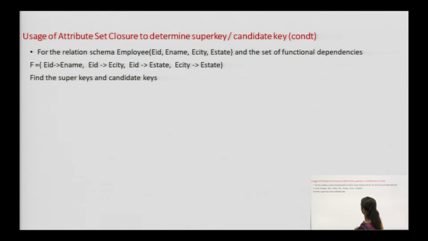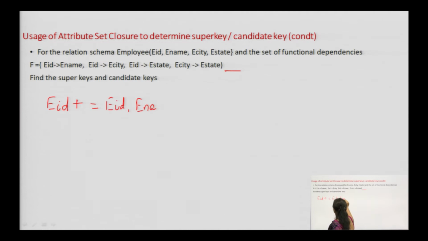Let us take up this example for the relation schema employee, which is given EID, ename, ECT, and EState, and the set of functional dependencies given over here. Find the super keys and the candidate keys. So let us try. What we will do is EID closure is equal to EID comma ename. Why? Because EID determines ename, EID determines ECT, EID determines EState,